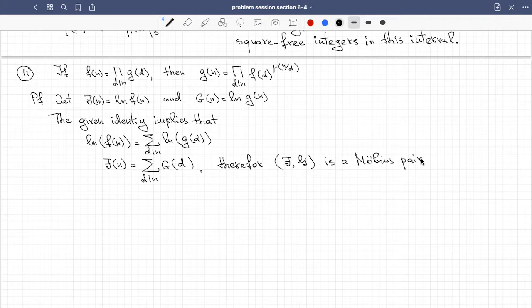Now our principal theorem in section 6-4, theorem 6.6, the Möbius inversion formula, implies that